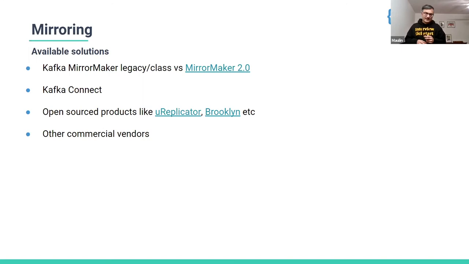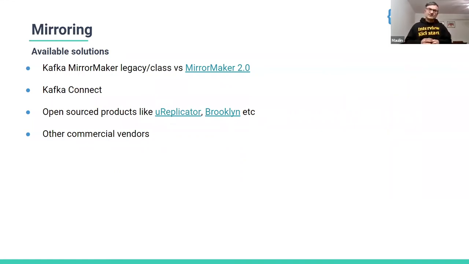Another option for mirroring could be the Kafka Connect framework, because what Kafka Connect says is you can have any source to Kafka connection or Kafka to any sink connection. So you can move data from any system to Kafka or from Kafka to any other system, like Oracle database, MySQL, Amazon S3, God knows what. Right? A lot of options. So you can easily think, what if I have the source as Kafka and the target also as Kafka, right? So you could use Kafka Connect to do mirroring also.